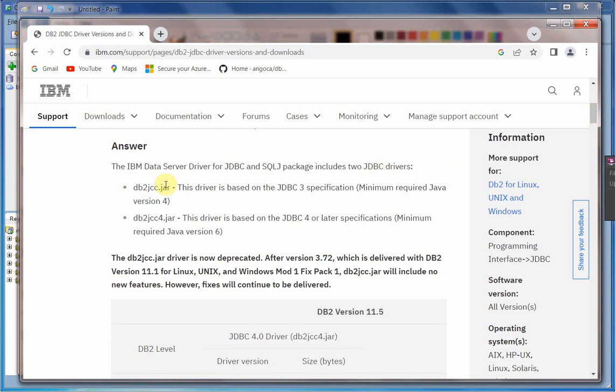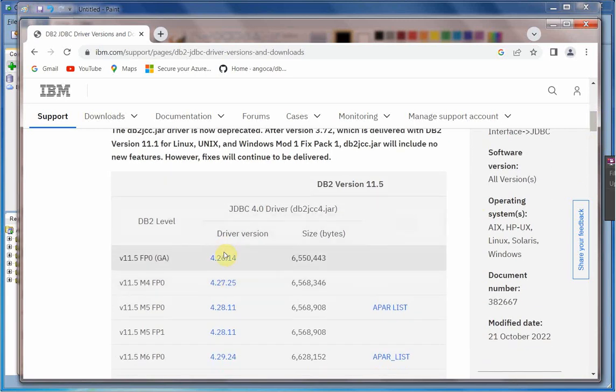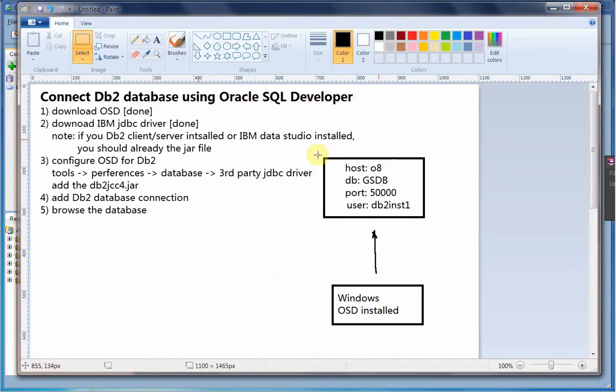It's called the Db2 JCC jar. The newer version is the Db2 JCC4 jar. Also, you see here, it's now deprecated after this version. Okay, so we're going to use this one. To download, you can download this one, for example, and you probably need an IBM account to download. All right. I already have the second one because on my machine I have the DB2 client installed,